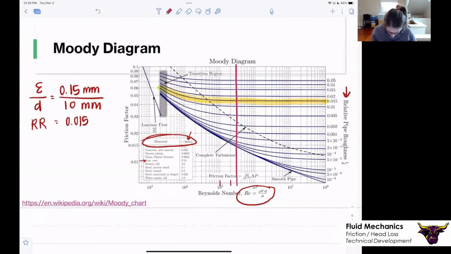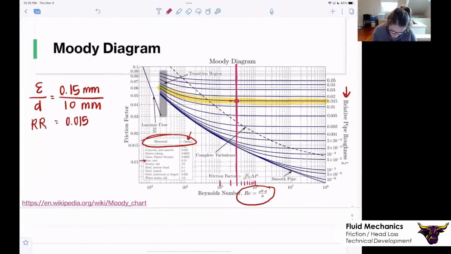But you can also keep going. This is 4 times 10 to the 5th, 5 times 10 to the 5th, 6 times 10 to the 5th, 7 times 10 to the 5th, 8 times 10 to the 5th, 9 times 10 to the 5th, and then we're at 10 to the 6th because 10 times 10 to the 5th is simply 10 to the 6th. So remember that's on a log scale. That's how you're going to use that. But with this line, if we're at 3 times 10 to the 5th and we draw this line up, and then we see where it intersects with our highlighted line here,